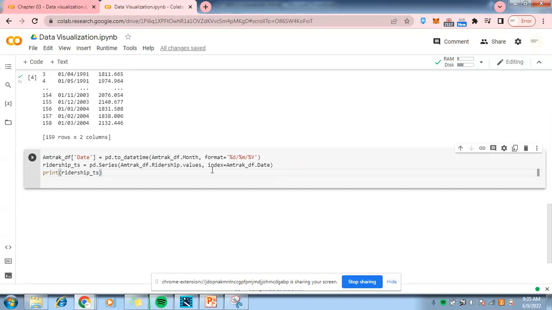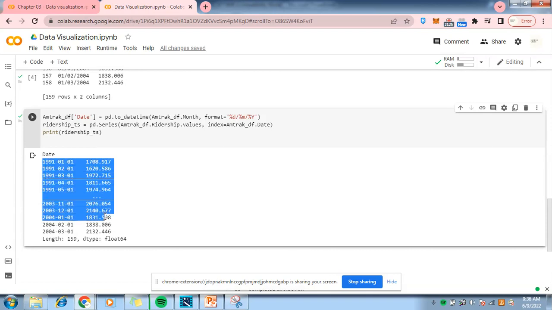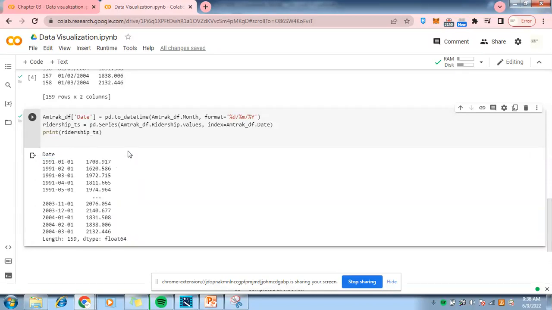You can see what's the difference. The ridership TS, that's the result of our new script. And what's the difference from the Amtrak DF? This is the original dataset. And then we modify it, and its new name is ridership TS. We modify it, we add a date, and we make a time series having the ridership values, and the index is the date column. So we run this,